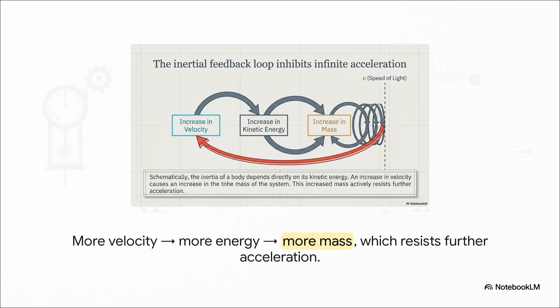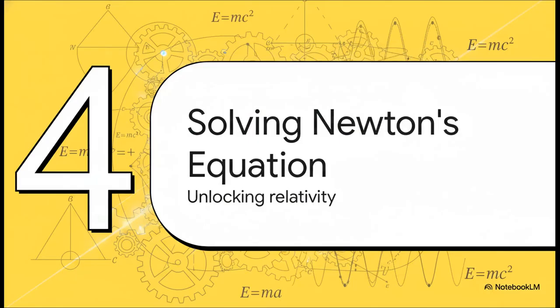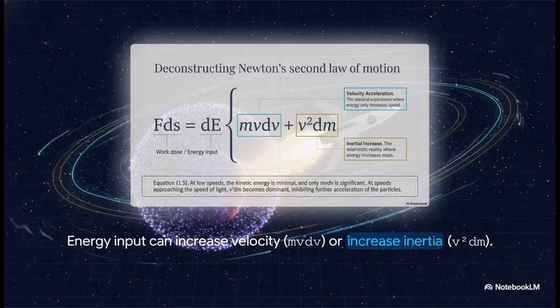That invisible wall we saw in the particle accelerator? This is it. This is the reason it exists. Okay, so let's move to the math and see how this all clicks into place. We're about to find a relativistic secret that's been hiding inside one of the most famous classical equations of all time. Now, this is the full general form of Newton's second law.